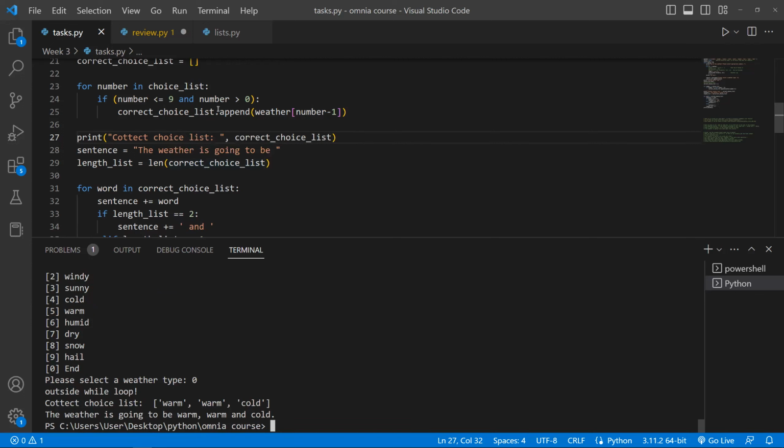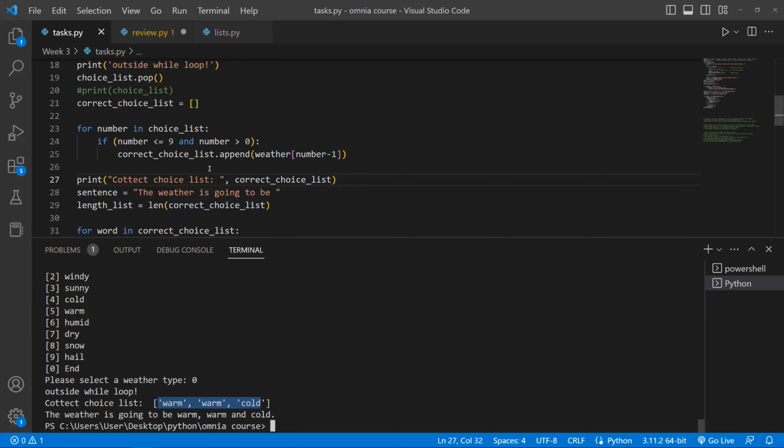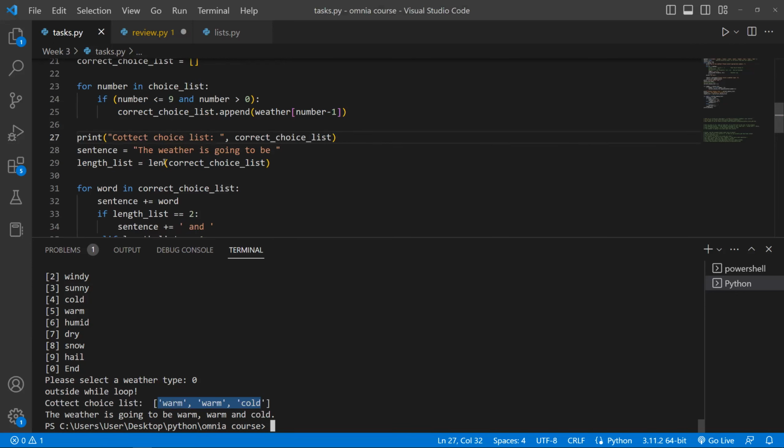Yes, warm, warm, and cold. It puts non-unique values, but if we actually convert it to tuple, how would that work? There it is. Correct choice list, append,